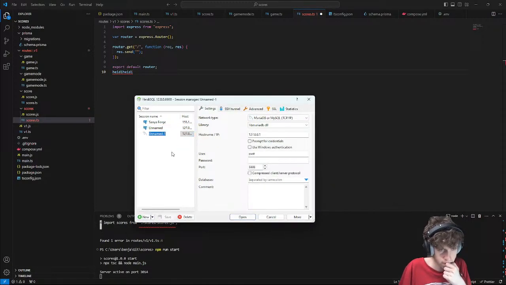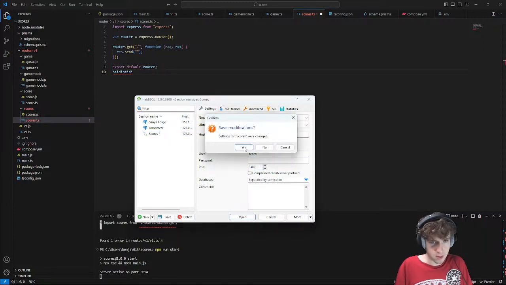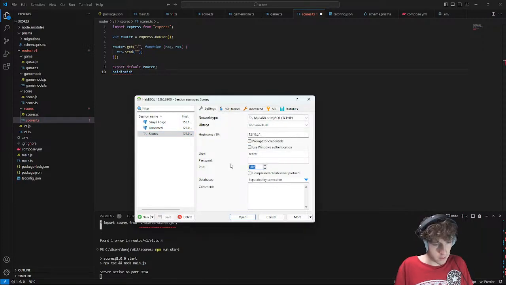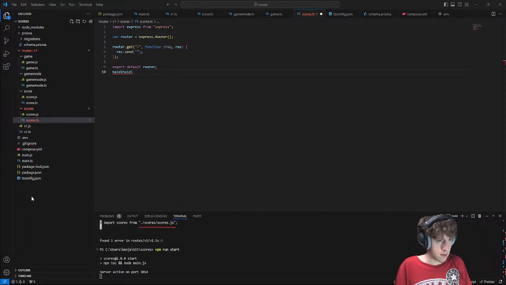New. This would be scores. These would be scorer. It'd be 5441. Password would be the password I set.